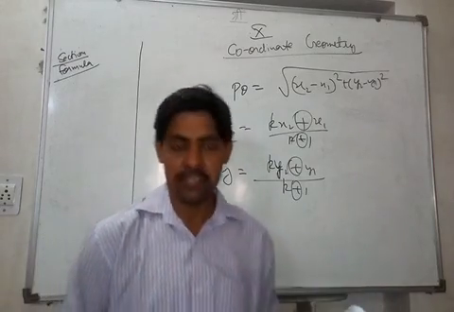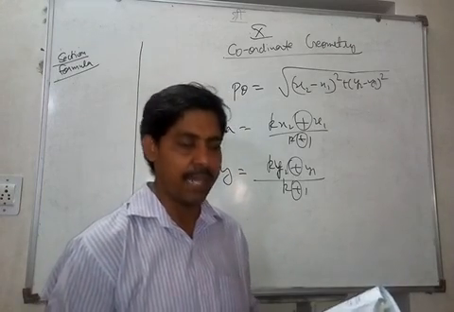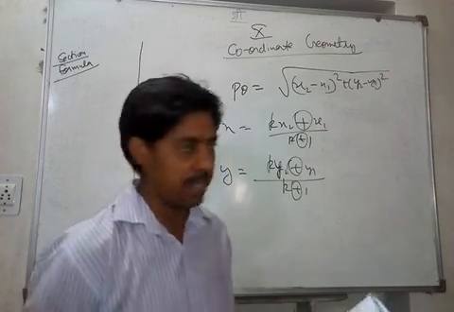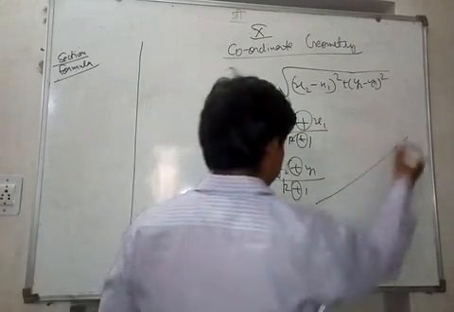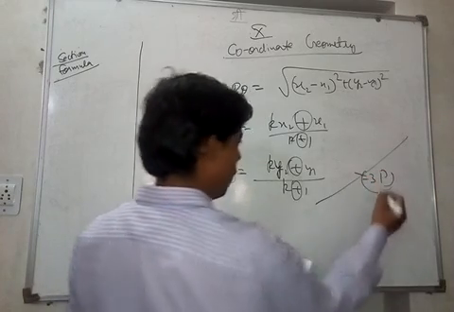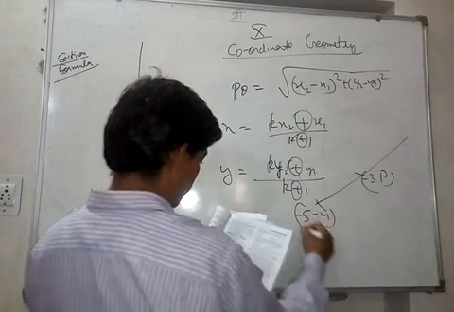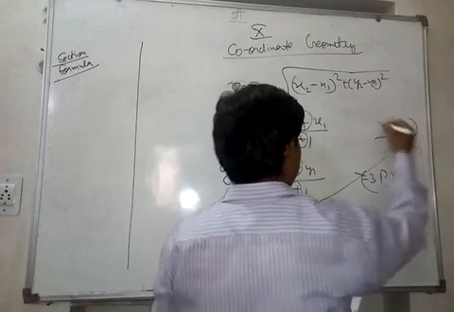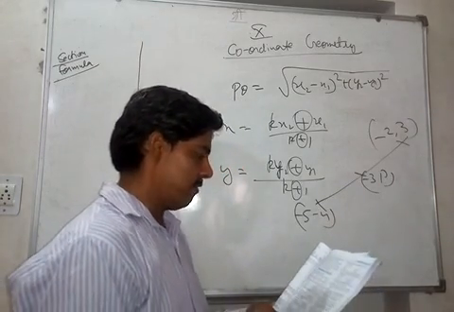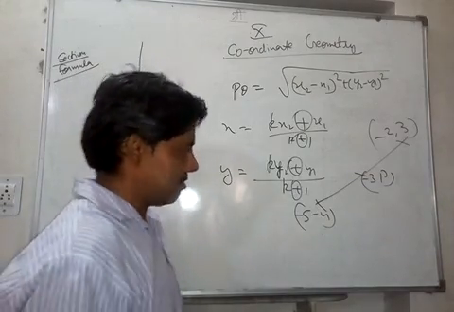The question is, find the ratio in which the point minus 3 comma p divides internally the line segment which joins the points minus 5, minus 4 and minus 2, 3. So you have to find the point p. The coordinates of point p are minus 3 comma p, and it divides the line segment joining minus 5, minus 4 and minus 2, 3, right? So this is the point here, and these are the two other points we're talking about. We have to find the ratio and also the value of p. This is just like that x-axis question we have done.